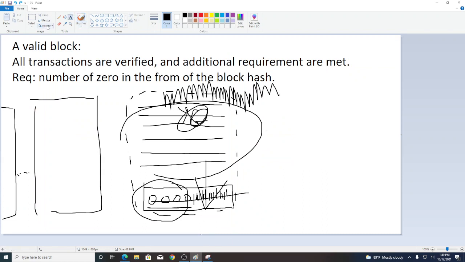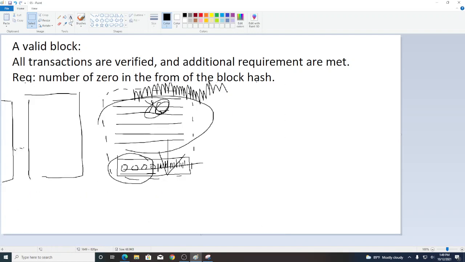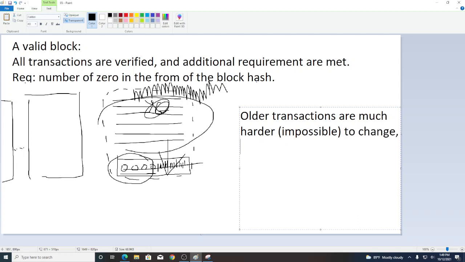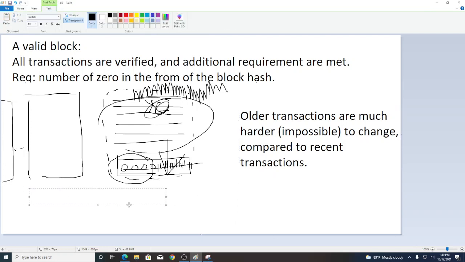Okay, so what we are learning from here is that, let me perhaps change this a little bit. All the older transactions are much harder, say impossible, to change compared to recent transactions. Okay, and the industry standard, never mind your car for just a small amount of money, even for large exchanges which deal with millions of dollars every day, okay,